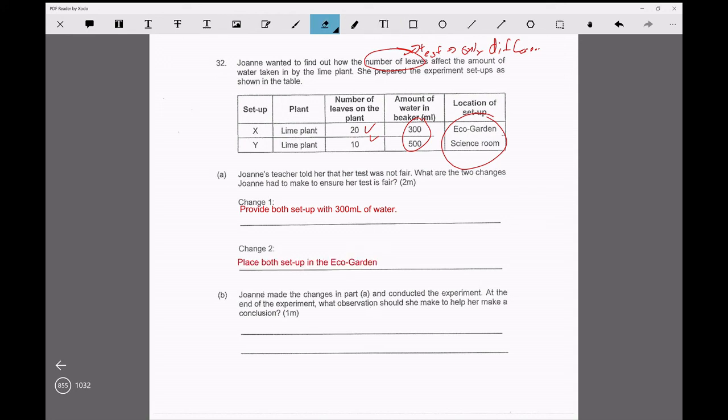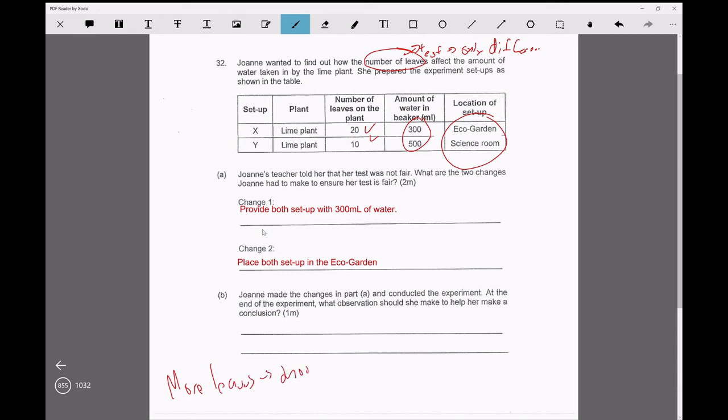Okay, let's say question B. Joanna conducted an experiment. She made all the changes already, so now it's a fair test already. Okay, so they ask you if it's a fair test, would there be more water taken by the plants with more leaf or less leaf? So basically, first you need to understand when there's more leaf. Sorry, let me write this down. When you have more leaf,